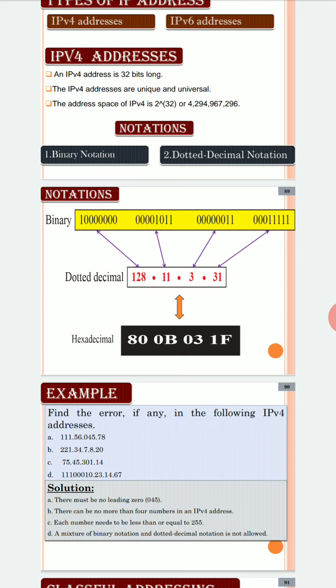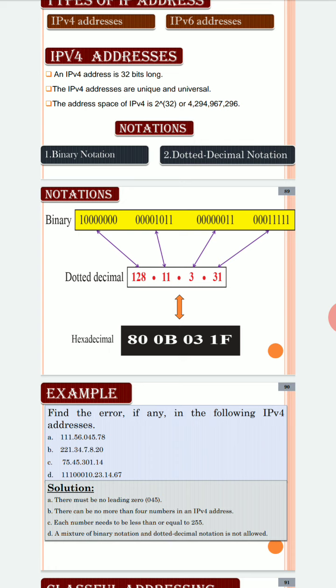As you can see in the slide, the first one is written using the bits 10000000, 00001011, 00000011, 00011111. When we see the address in the form of binary numbers, we call this the binary notation of an IPv4 address. Each group consists of 8 bits,